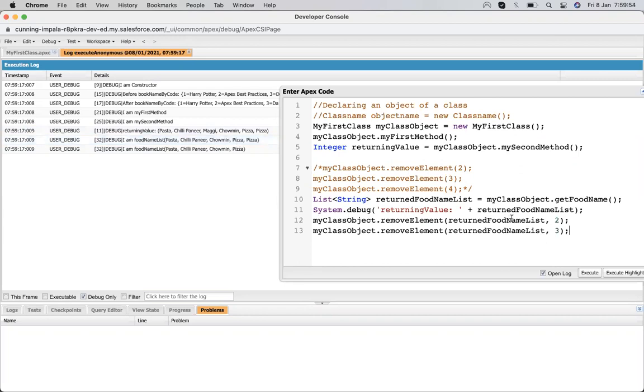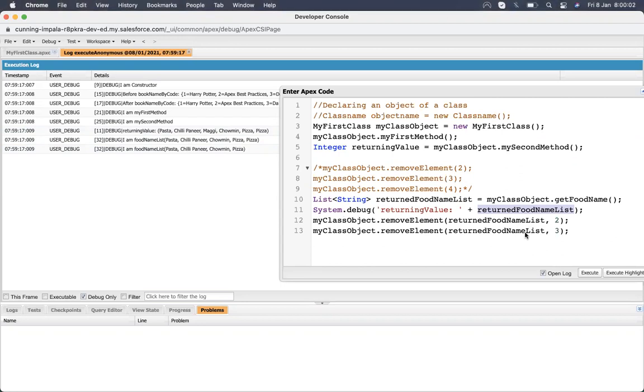So it's the same list, the one declared up there, whose element got removed. The same instance of the list is passed from this method to this method, and whatever index we are passing got reflected in that list too.